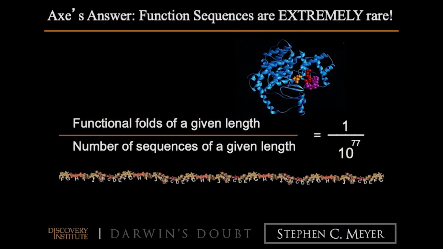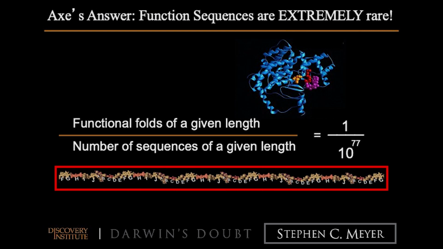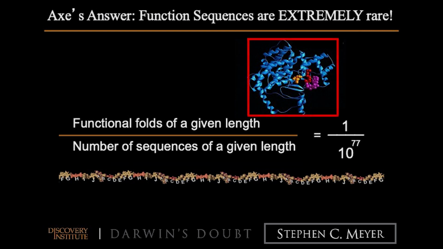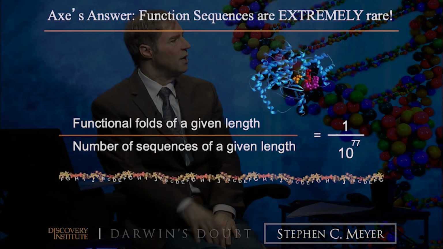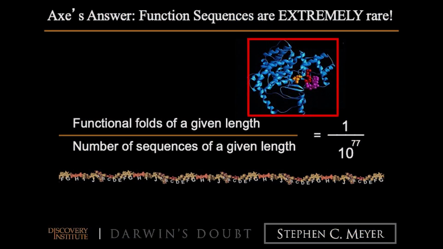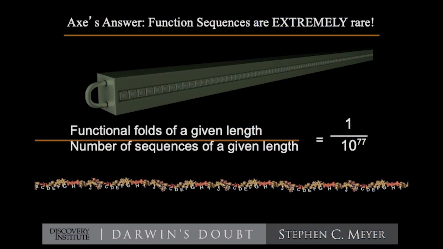Right. So the question Axe was asking was, for every one of these possible arrangements of amino acids, how many will fold into a stable protein structure that's capable of doing a job? Yeah. And the ratio that he determined experimentally was that for every stable protein structure that's function-ready, that'll do a job, there are 10 to the 77th gibberish sequences of amino acids that won't. Which means that in essence, what we're looking at is like a bike lock where you've got 10 possibilities at each dial and 77 dials,